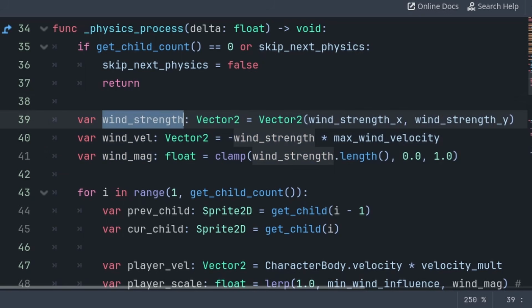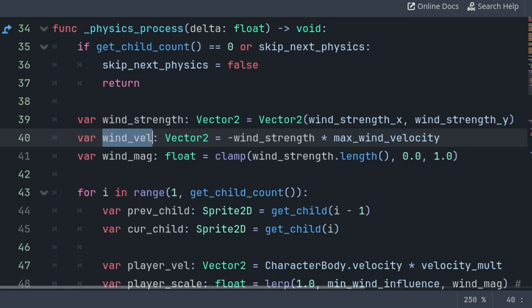Wind strength will combine both of the wind strength variables. This simply saves us having to write it later, making the code more readable. Wind vel, or wind velocity, will take the direction of the wind from the wind strength and increase its force by applying the wind velocity variable. Additionally, we use a minus to reverse the wind strength as we want the hair to move in the direction